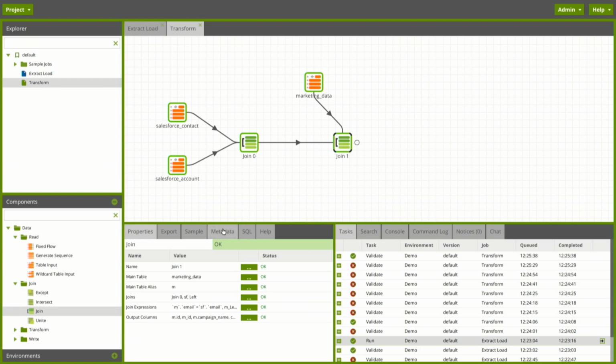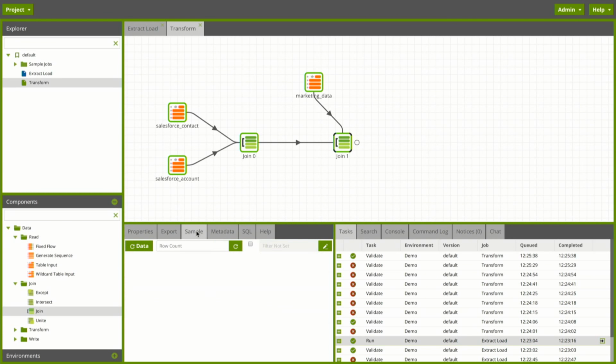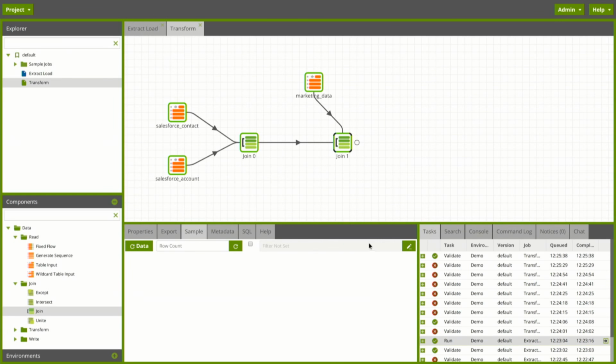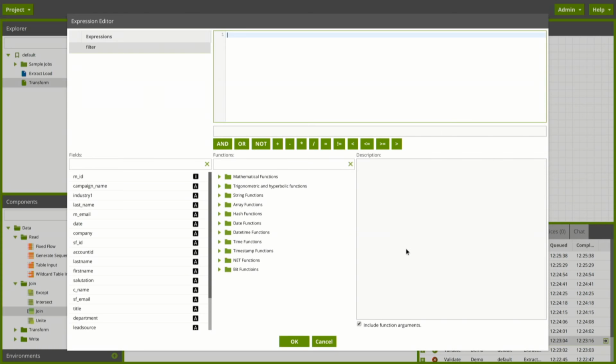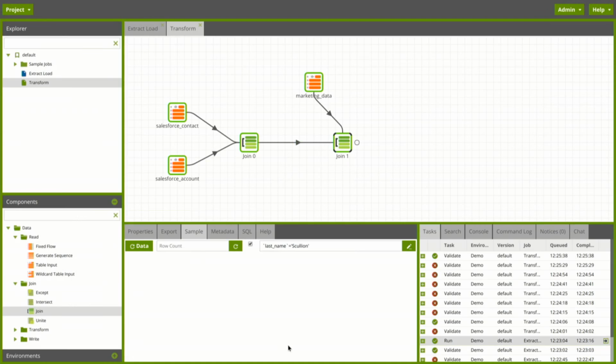Because all of the data is in BigQuery anyway, I can debug my transformations just by running some queries against the data that's already there, using the code that's already being generated by Matillion. So just as a sanity check, I'm going to set a filter on this join and make sure it can find a record that I know should be in there. So let's take the last name. I'm going to set that equal to our CTO's last name. He will almost definitely appear in this data because he's always a sample record.